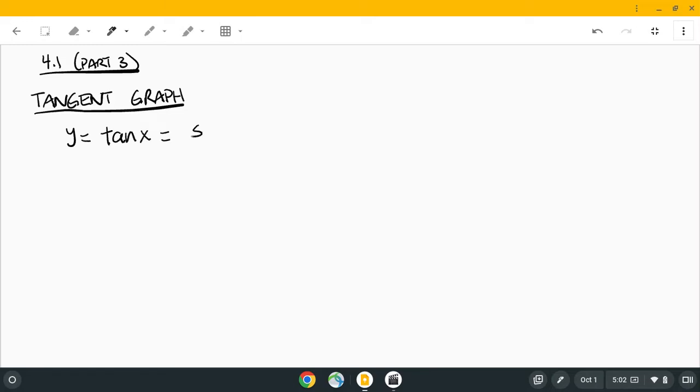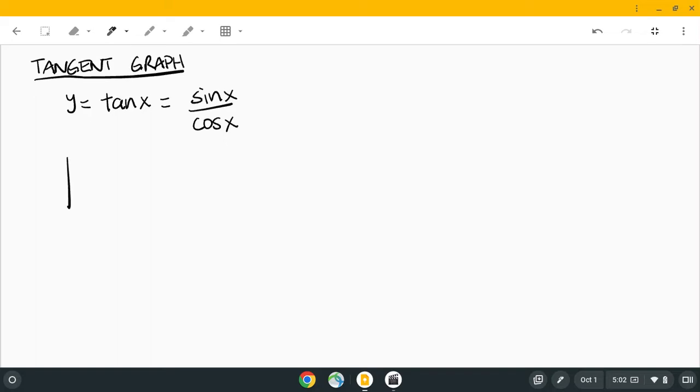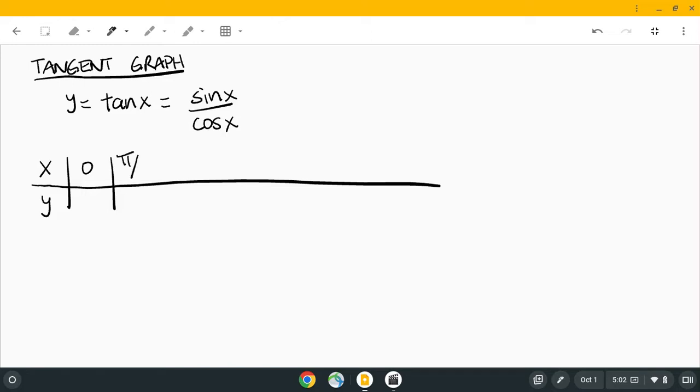So here, let's recall that tangent is just sine x over cosine x, okay? And let's make our table of values here so we can understand where the shape of the graph comes from. Okay, so we will take a look at 0. And over here, between 30, 45, and 60, I like 45 because tangent of 45 is 1. I don't need a calculator. Okay, so we'll do pi over 4, pi over 2,